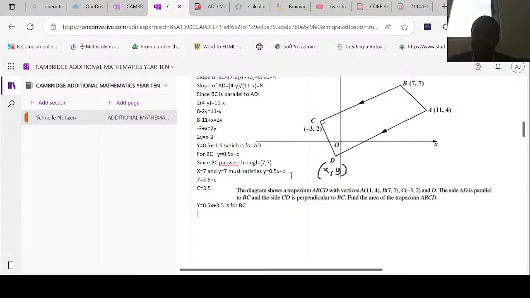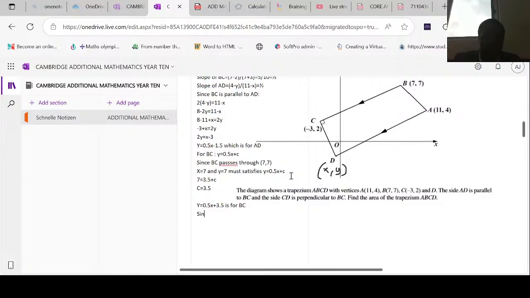So now we are told that the side CD is perpendicular to BC. So we use a similar condition to the one we used for parallel lines to get the equation for line AD. We'll now use it to get the equation for line CD too. So to do that,